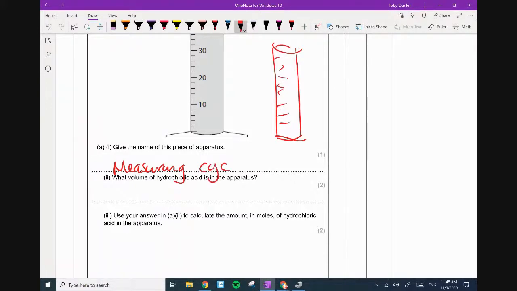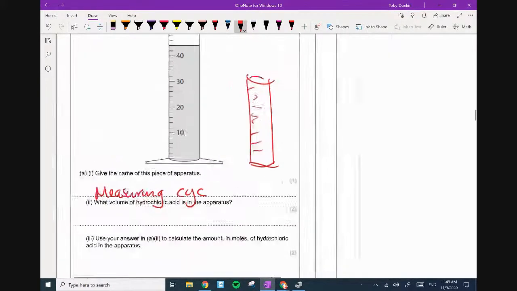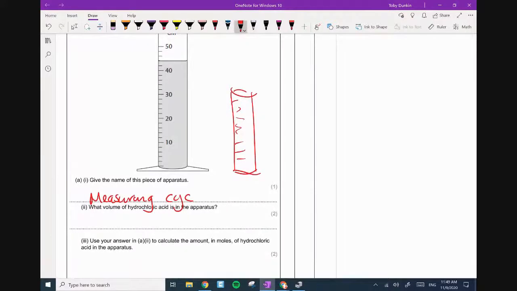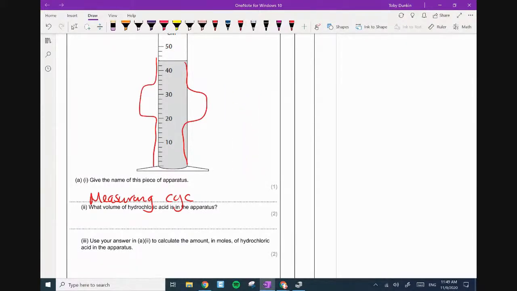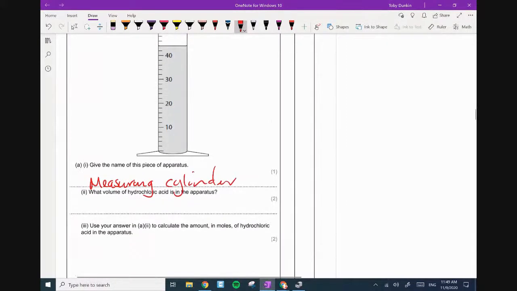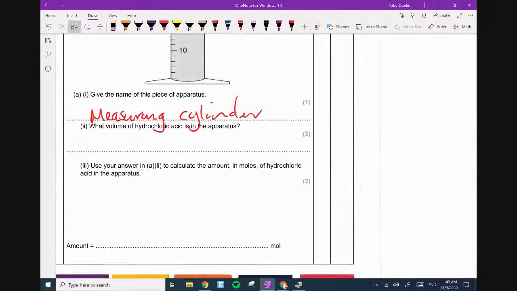Somebody said a graduated measuring cylinder, and I thought that was hilarious. A graduated measuring cylinder would look something really bizarre. The word graduated goes specifically with the graduated pipette. No, hang on a minute. Cylinder. There we go. So a graduated measuring cylinder.